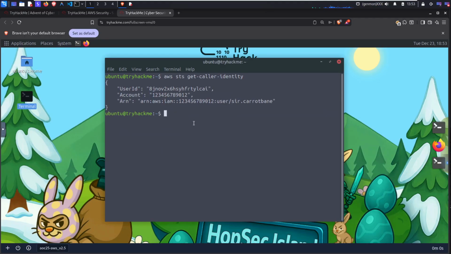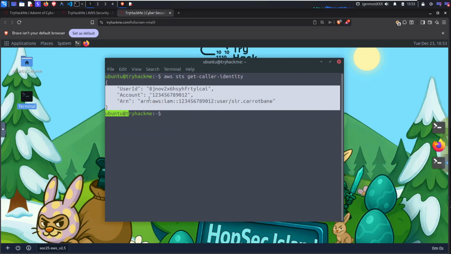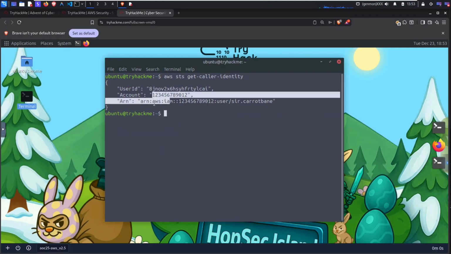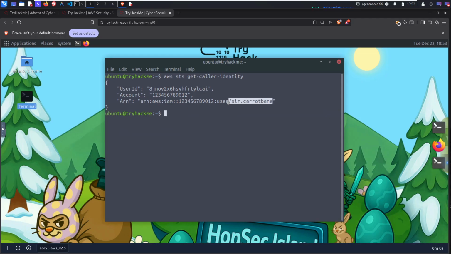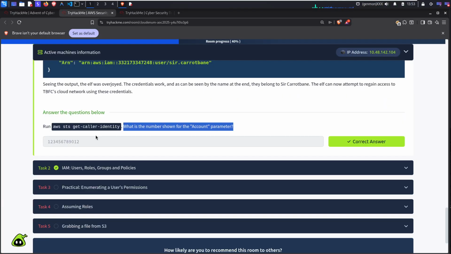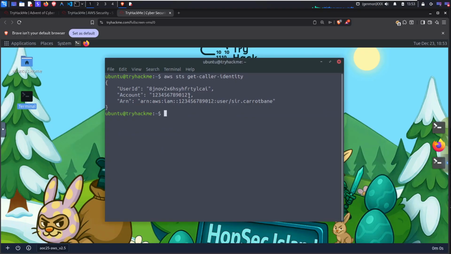As we run this, we get this output which has the user ID, account number, and ARN details. Here we also note that the user that we are logged in as, or making requests as, is named Sir Carrotbane. So for the first answer, we just need the account number that we got from this